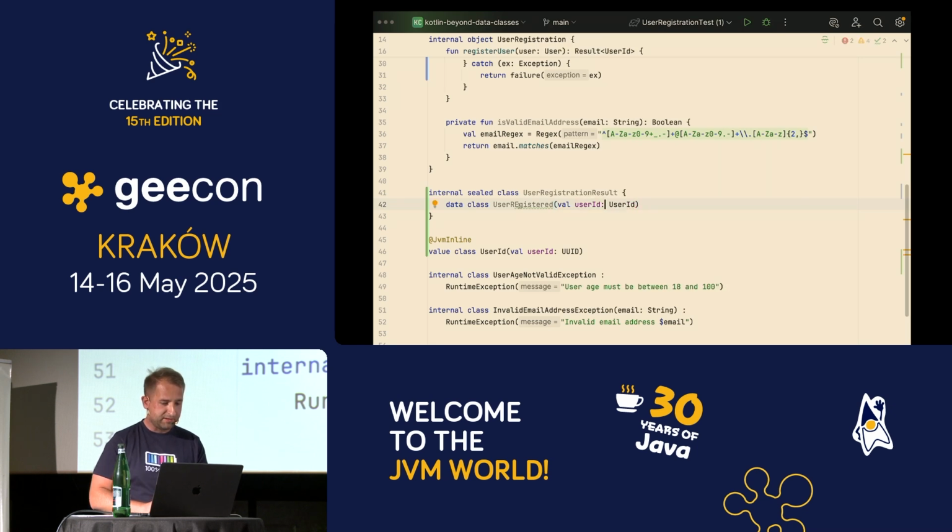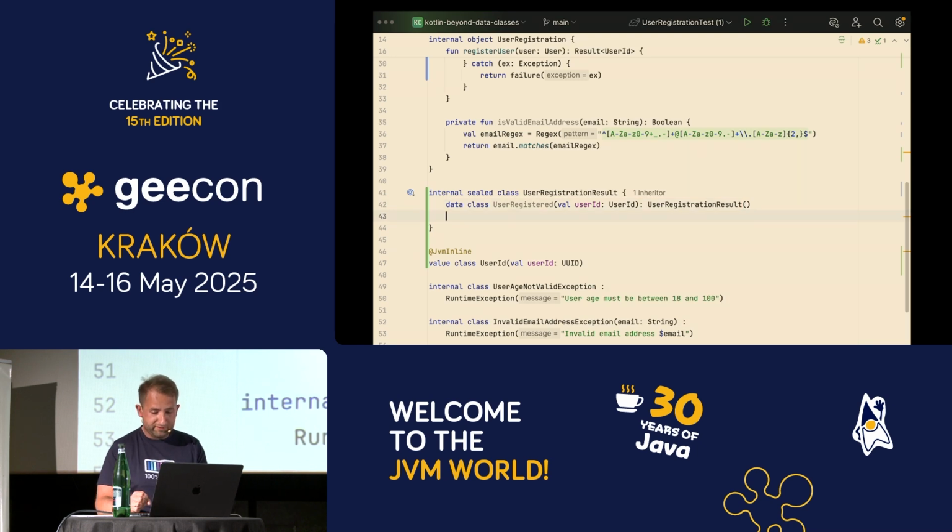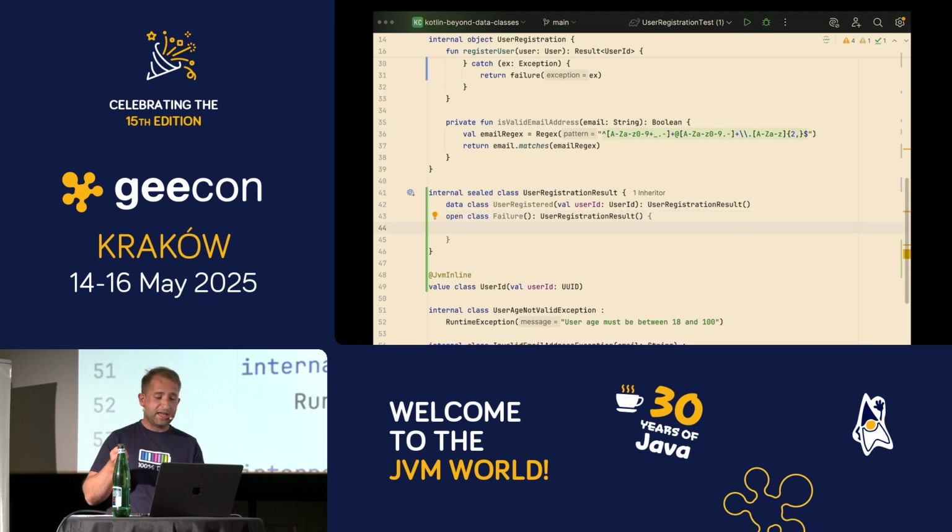My typing is very bad. And of course, it needs to inherit the user registration result, and our other type will be the failure. And for that, we will declare the type or the class Failure. No exception here. And yes, it also inherits the user registration result, but we want to specify the exact